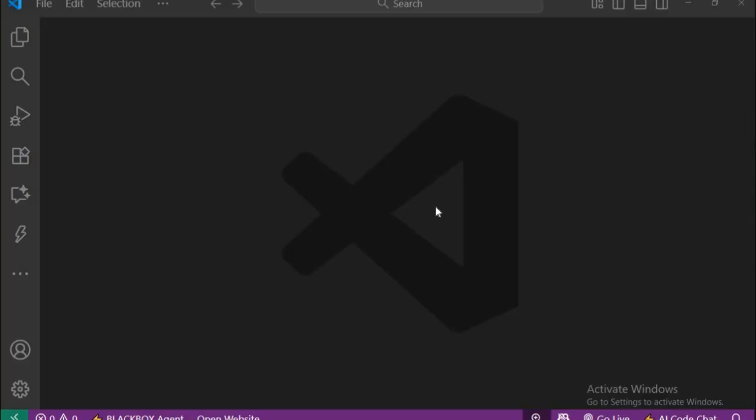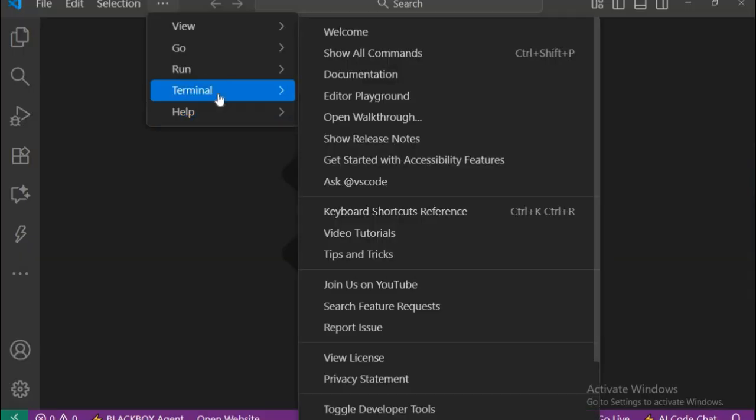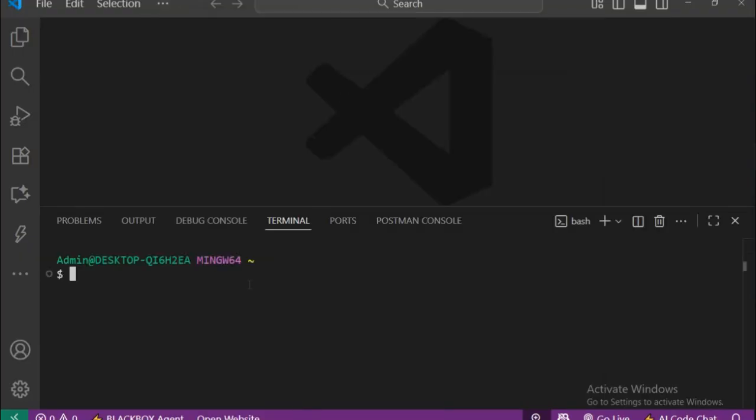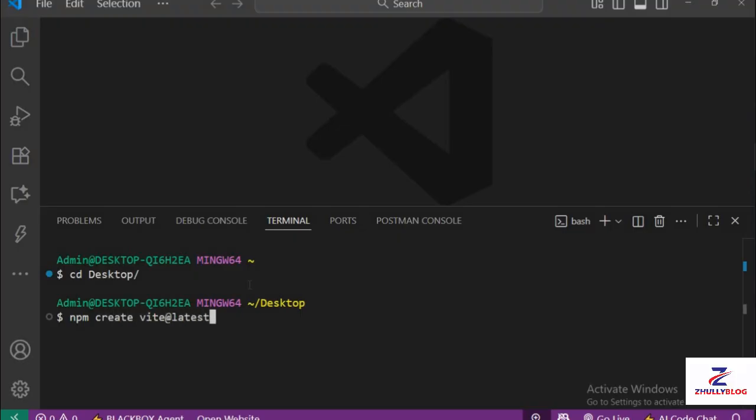So you're going to open your code editor and then navigate to the terminal. On the terminal, you change directory to desktop, and then we're going to create our project folder on the desktop. So we're going to do npm create vite@latest. Then the name of the project is animated-portfolio